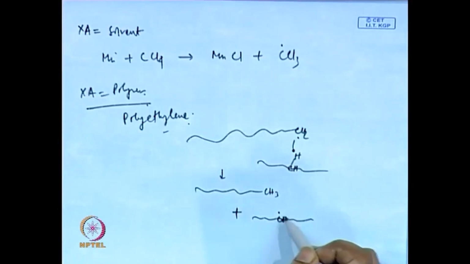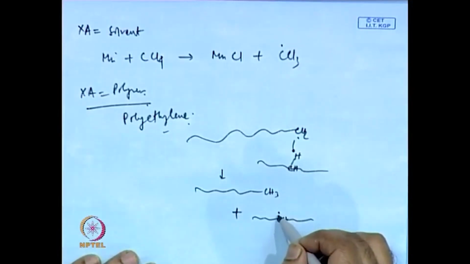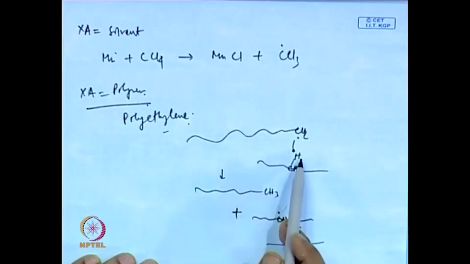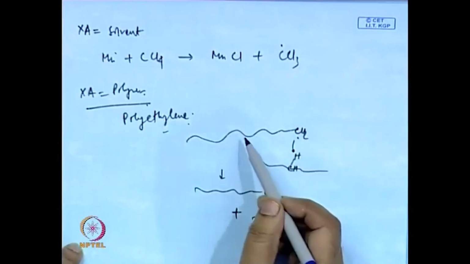Now, it can undergo further polymerization from here and form a chain here. So, you may have a branching here. So, if transfer happens within the polymer, you get branching. Similarly, this can backbite,